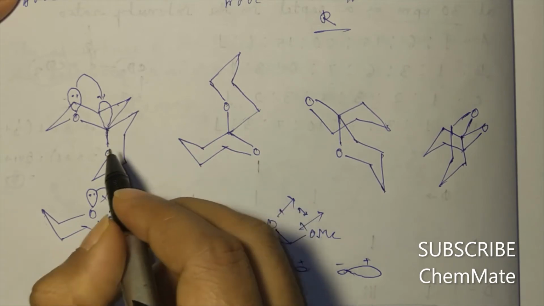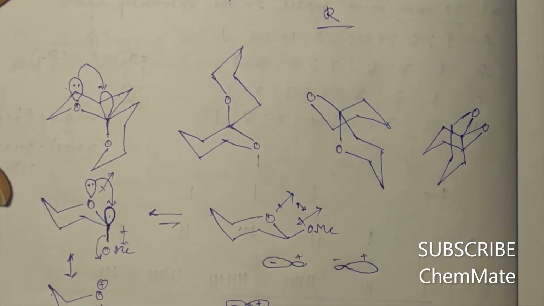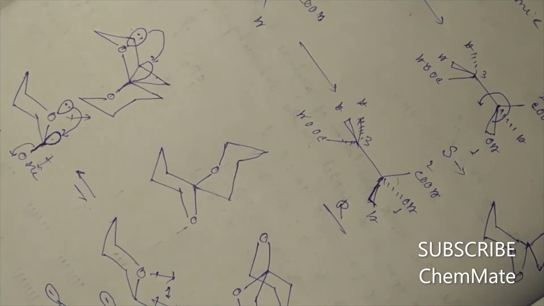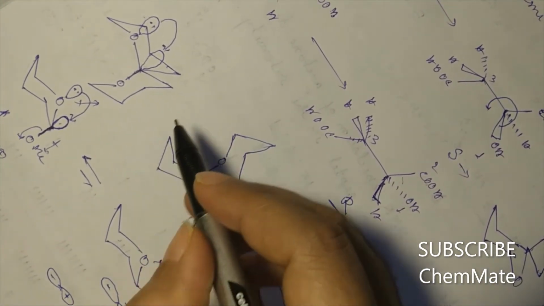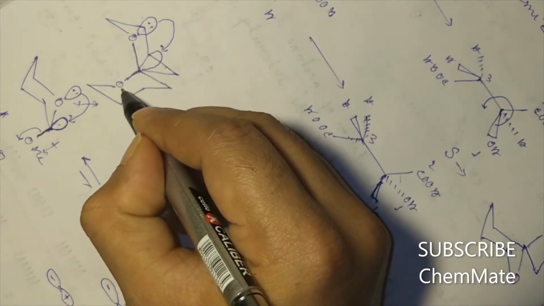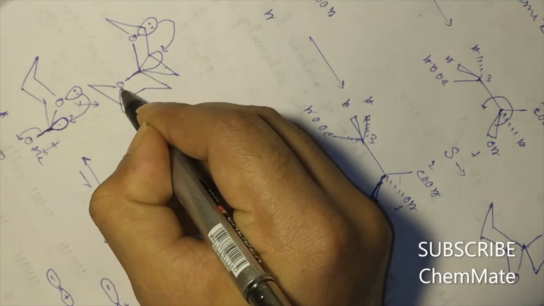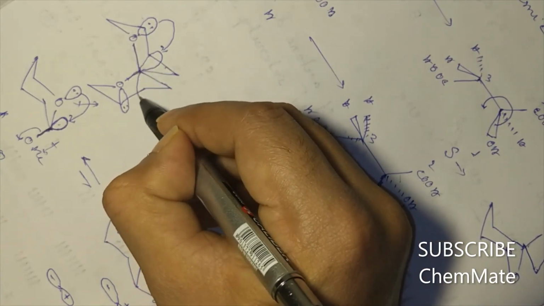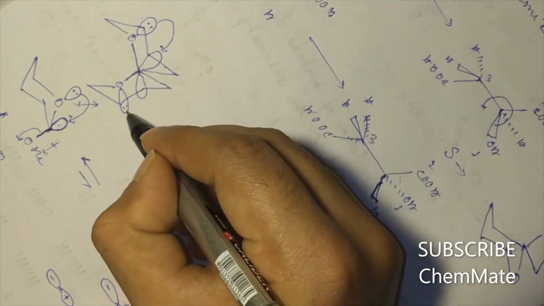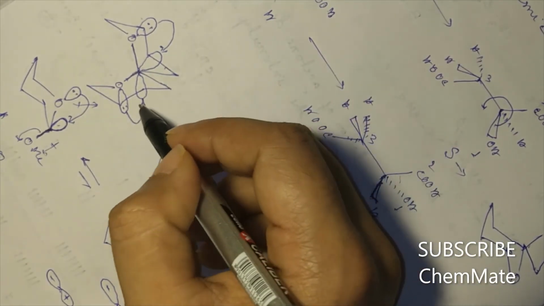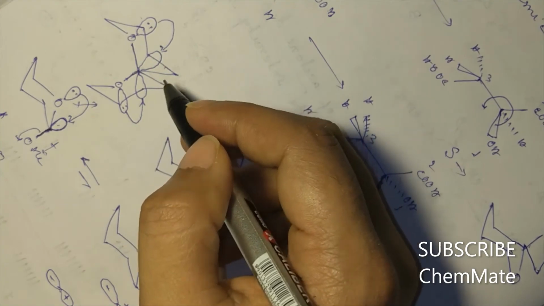pyranose ring, then this bond, if we rotate this notebook in this direction, then this is axial and here the lone pair is in this direction and the antibonding orbital has a lobe in this direction. This is empty, so this lone pair will be given in this orbital. So anomeric effect will operate two times